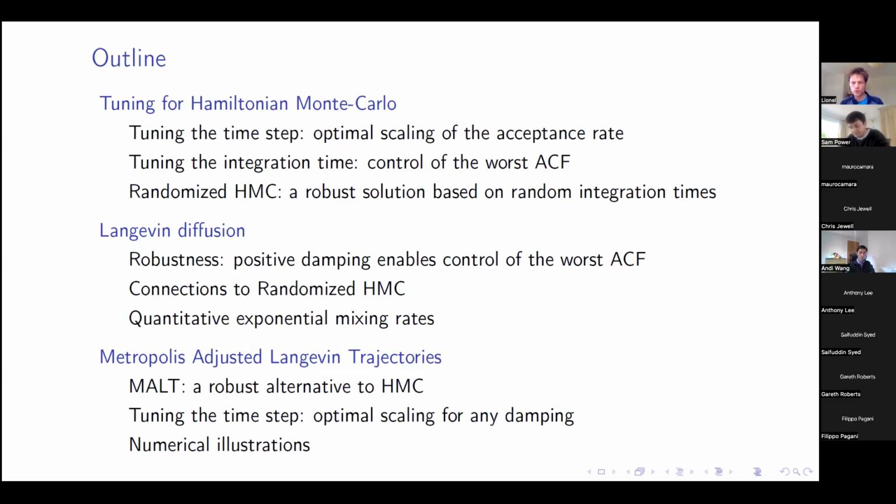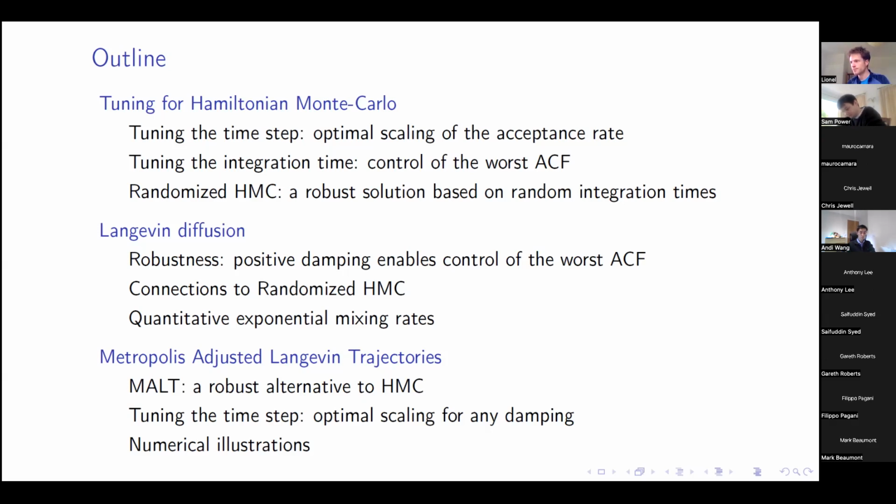It's quite well known that HMC is sensitive to the choice of its parameters, especially the choice of the integration time, which is the length of the trajectories that will be drawn at each iteration of this sampling algorithm, this MCMC algorithm. And we're going to discuss a bit about solutions suggested in the literature to tune its parameters and